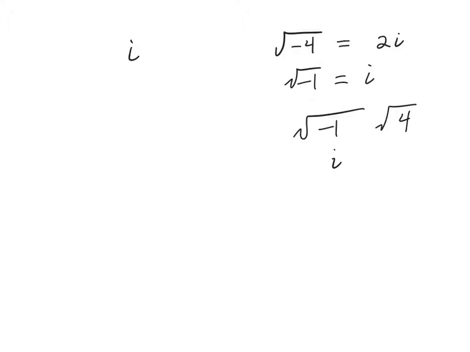So let's say I have the square root of -4. That is equal to 2i, because the square root of 4 is 2 and the square root of -1 is i. So if we look at it, we have the square root of -1 and the square root of 4, and that will give me my i, and that will give me my 2, so it's 2i. Okay? But we also need to know how to combine